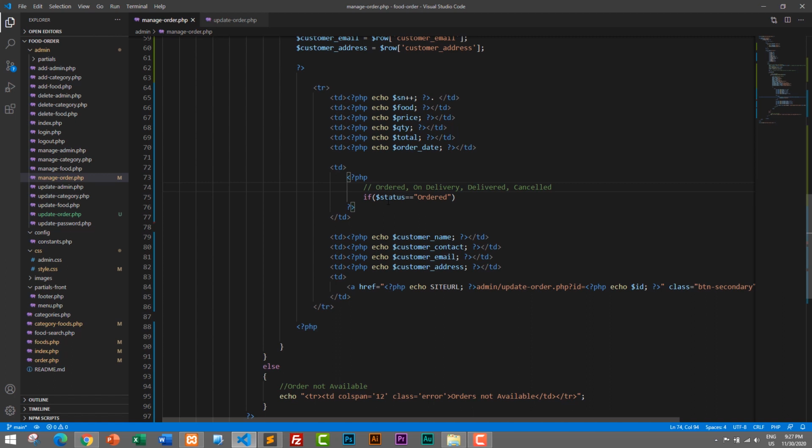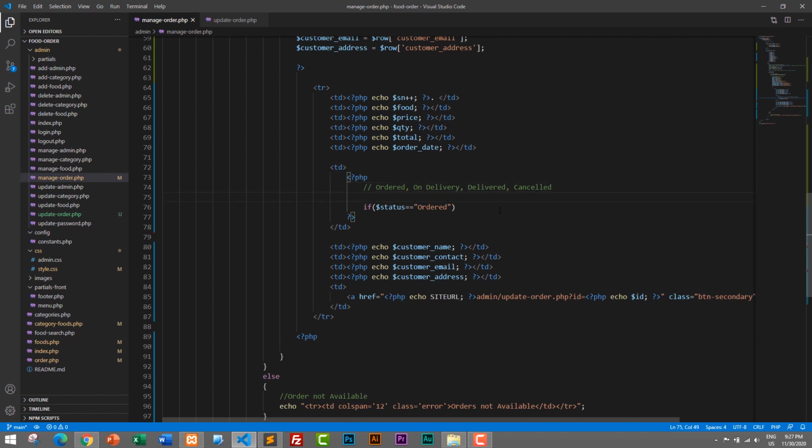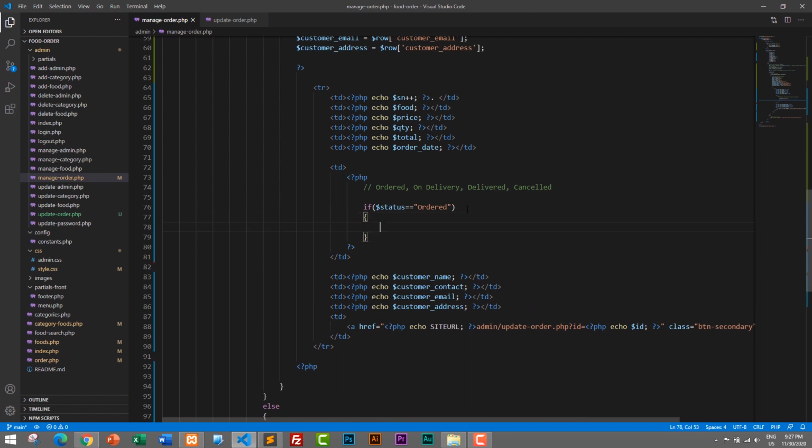Okay, so if status is equal to ordered, then we will echo, and here I will create a span, or we can create a label. This is a label tag, and here if this is ordered,